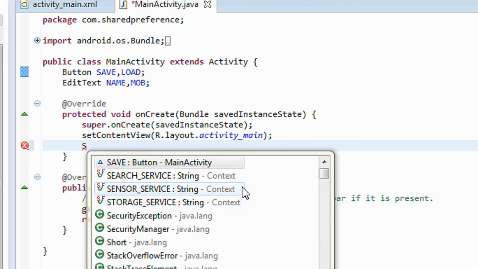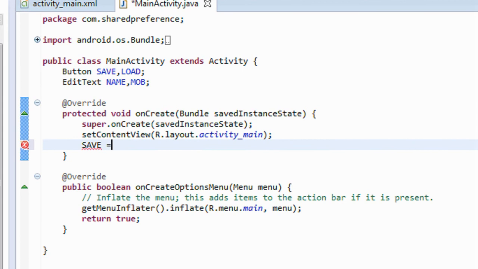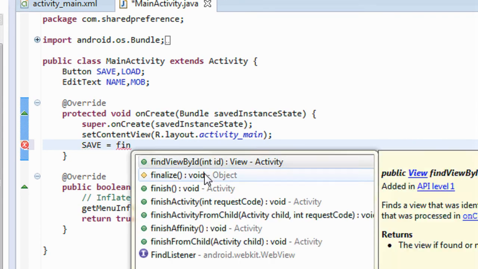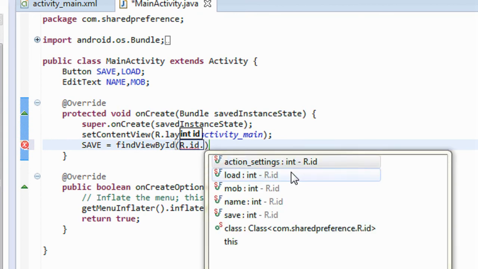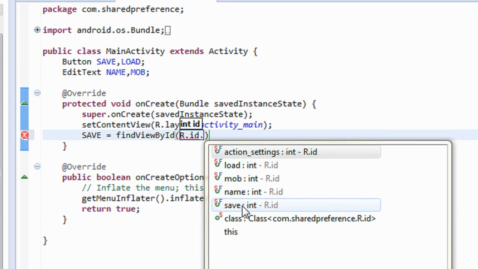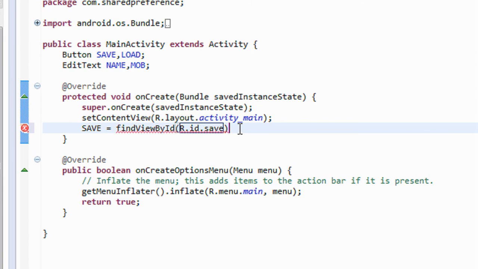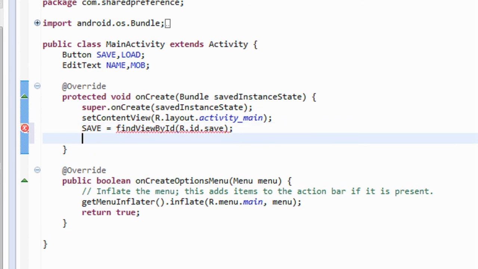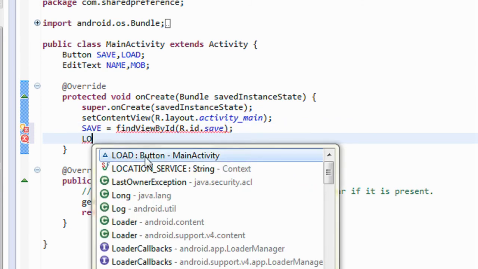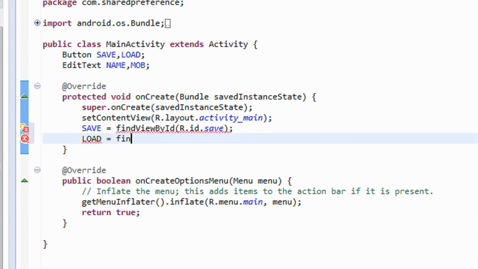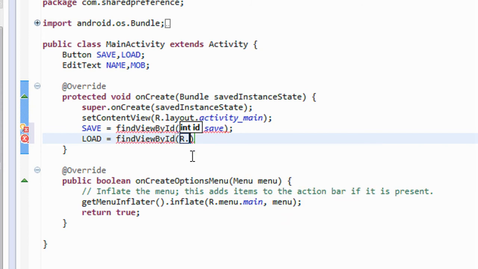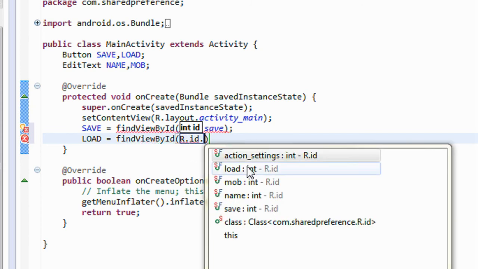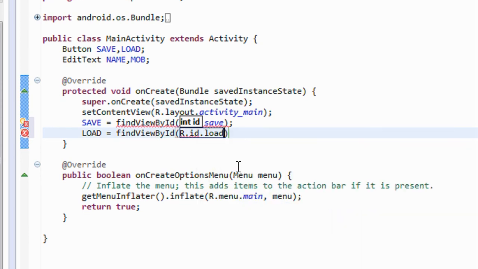So first I connect the button save is equal to, using the method findViewById, R.id dot, the button name is save, and the second button load is equal to findViewById, R.id dot, the button ID is load.